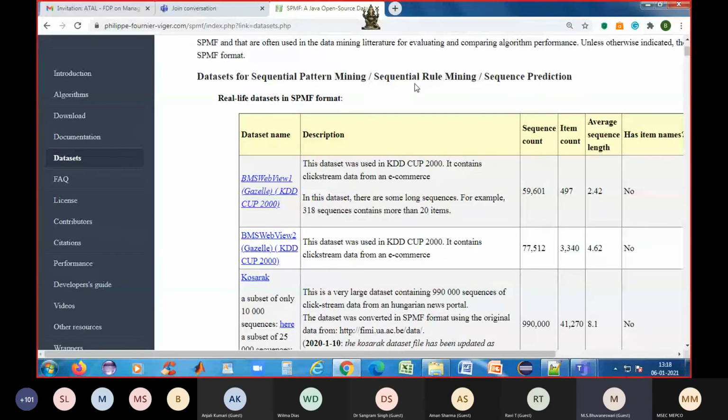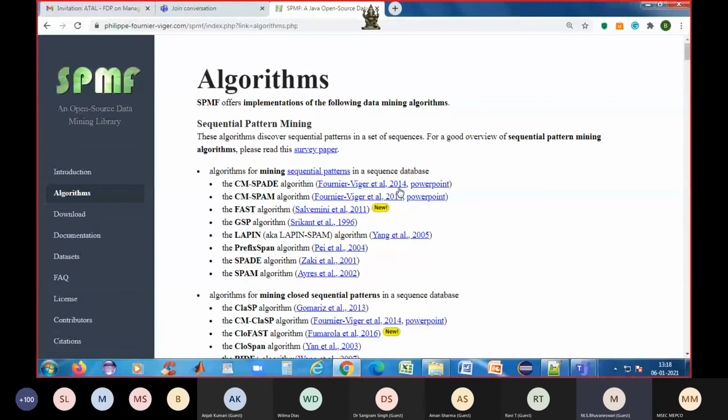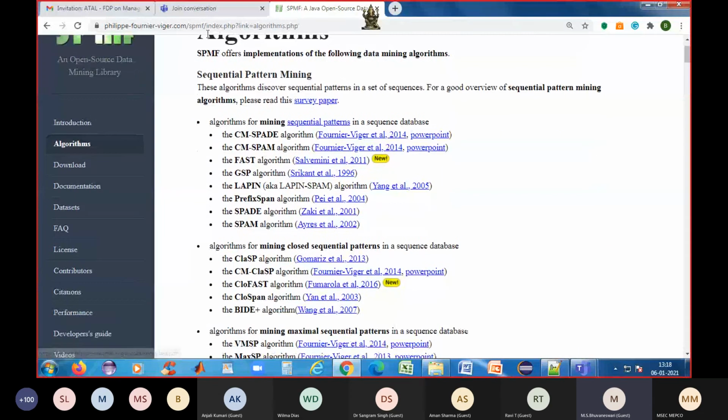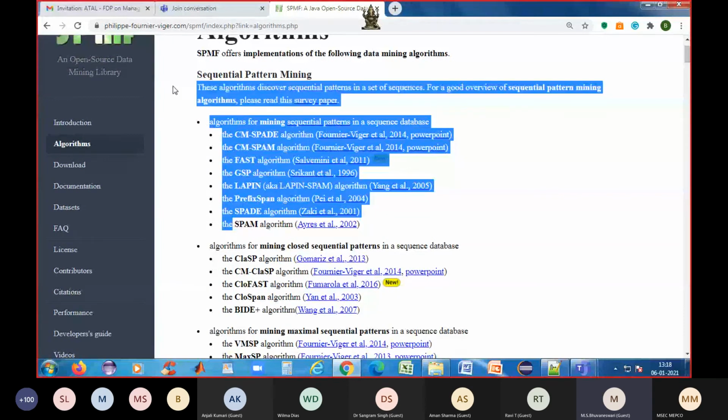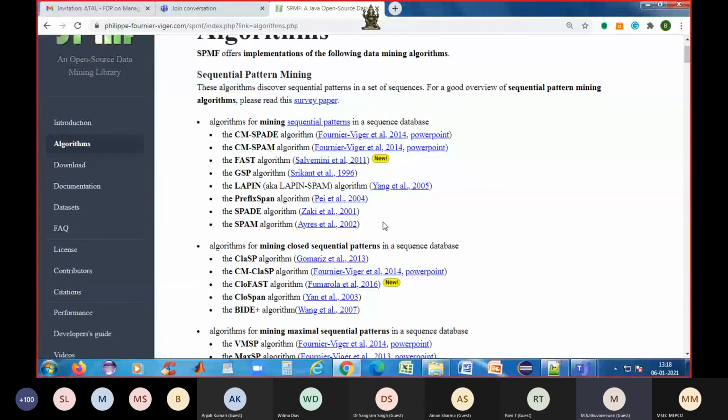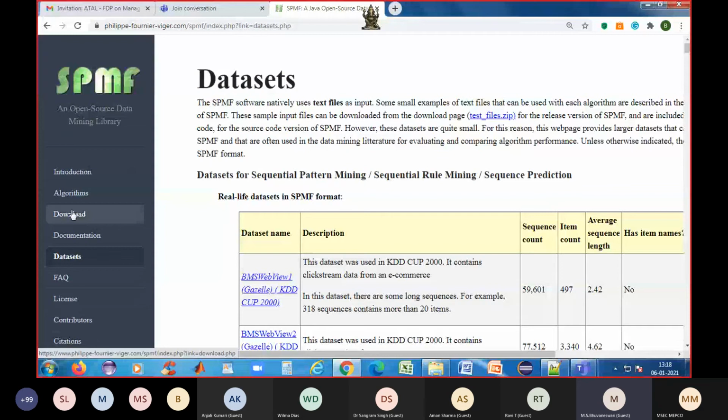For each and every algorithm, association rule mining algorithms, sequential pattern mining algorithms, what are the various data sets we can use? For all these algorithms, the implementation is also available. But the only thing is, it is in the Java framework. Those interested in doing pattern mining or research, if you're using Java, you can make use of this framework. So data sets are available for pattern mining, item set mining, everything.